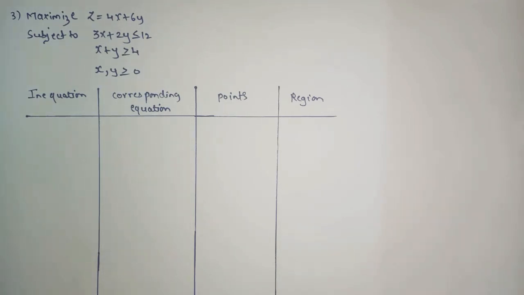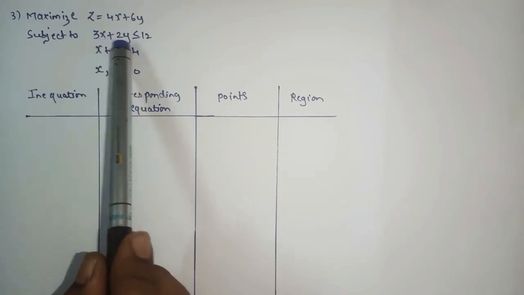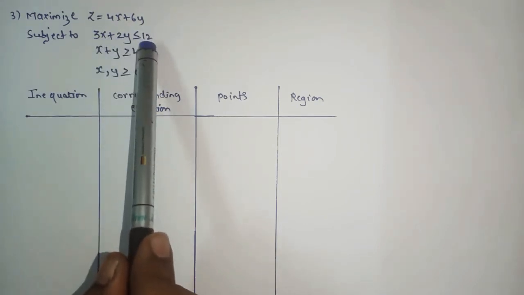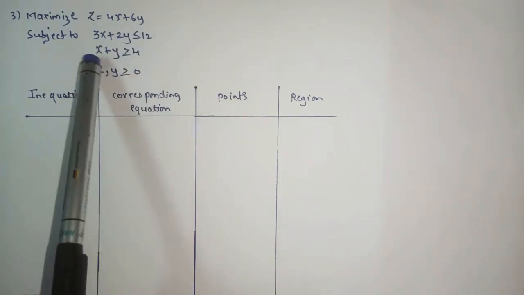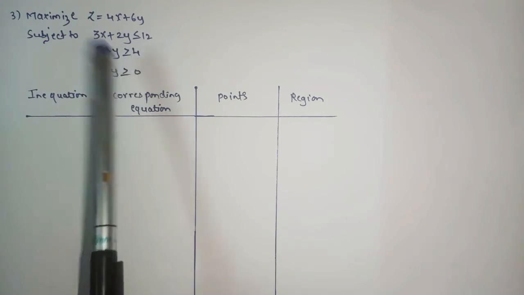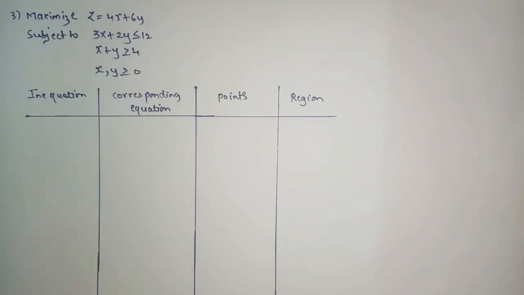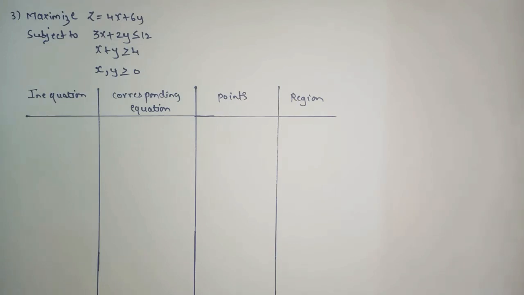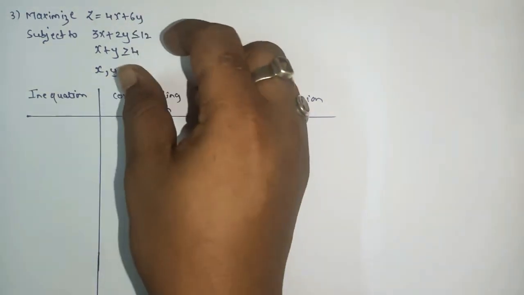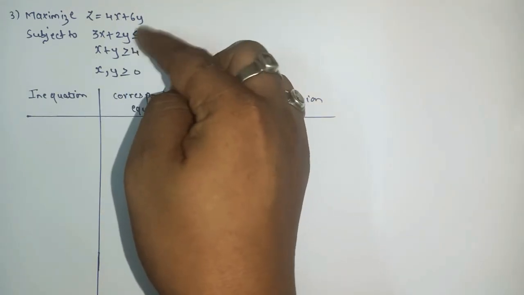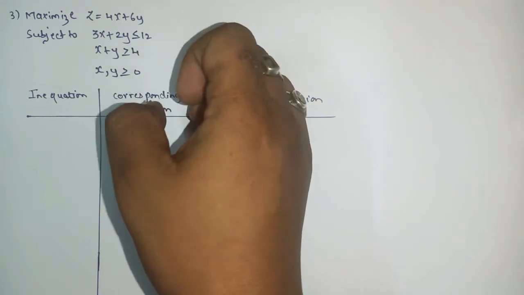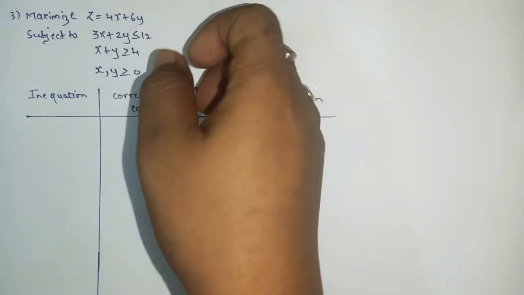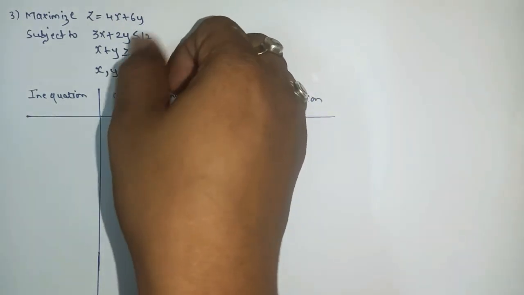So here clearly you can see that in the first linear inequation we have less than equal to, and in the second linear equation here we have greater than equal to. So now we are dealing with when we have less than equal to and greater than equal to. I hope you all know how to solve the sum when two linear inequations contain the same sign, less than equal to, or greater than equal to.